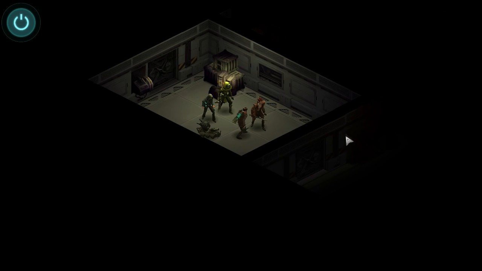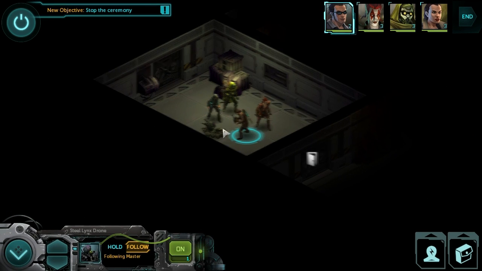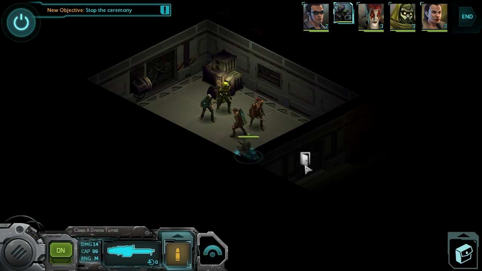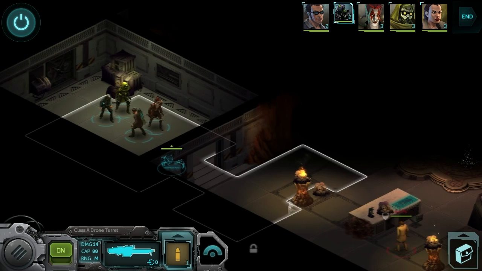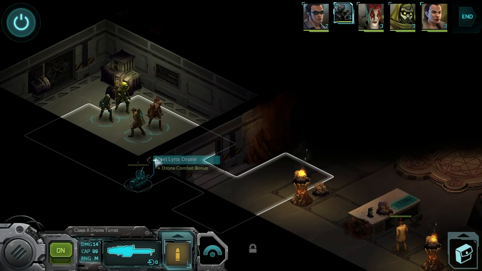Let's do it. No more questions, no more hiding. Let's do this thing. So let's activate Woogie first. And I suppose we'll send him in as our advanced troop. Looks like we do have some enemies here. So let's consider...